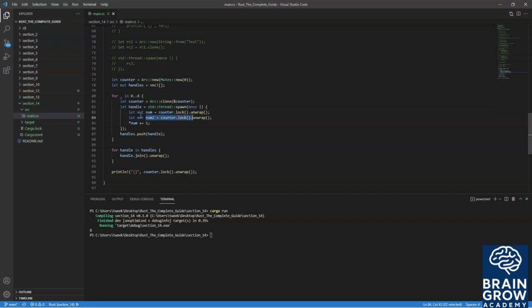And what this is going to do is it's going to prevent this from ever being able to execute num plus 1, because we're going to get stuck here as num2 is waiting for the lock, but num holds it, but num cannot give it up because it cannot finish